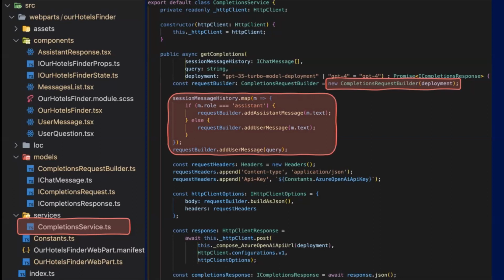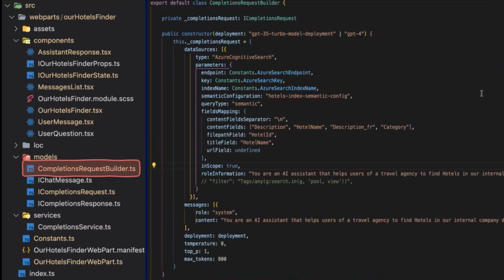We add the different messages from the history, so user, assistant, user, assistant. We configure some headers, and finally, we do that POST request to the OpenAI extensions endpoint with the body of the request. The body of the request is built with this request builder.